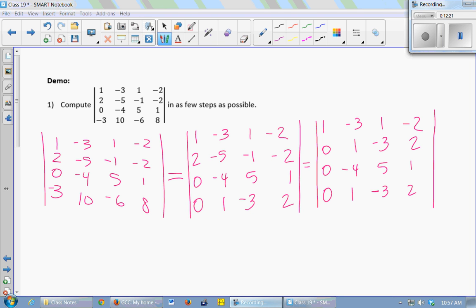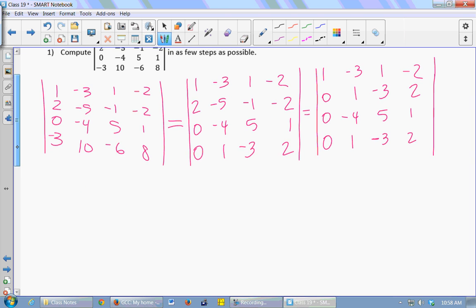So am I there? Where are they the same? Oh, row 2 and row 4 are the same. So I now know that those rows are not linearly independent, and I can just stop. But let's finish just for the sake of practicing the method. So at this point,